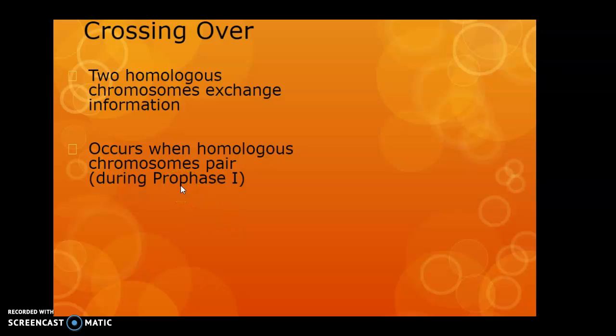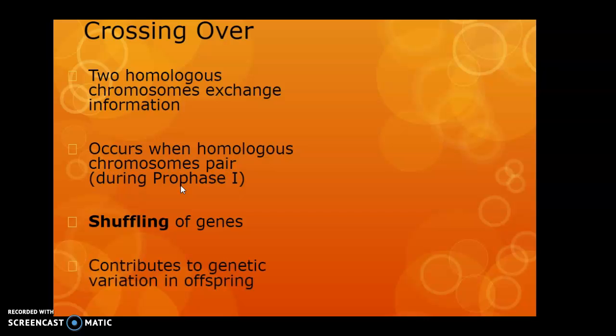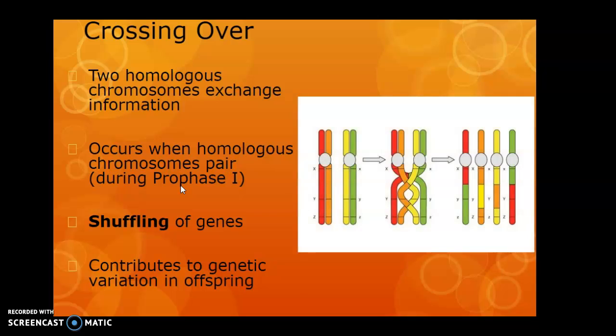So prophase 1 is when these homologous chromosomes match up and line up. It's kind of like square dancing. They line up next to each other, they align in the middle, and then they separate from one another. And here's where they can trade information. So it's kind of like a shuffling of genes so that when they're passed to the offspring, it's a little bit of a different combination than those parents received. And again, that genetic variation is a positive thing.